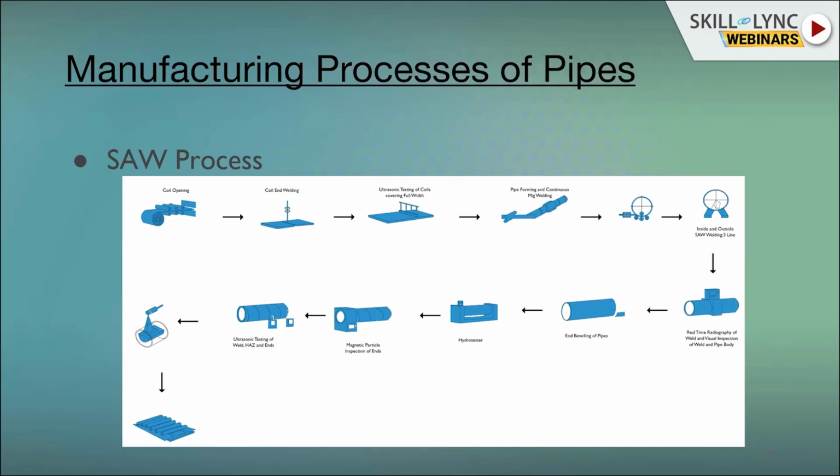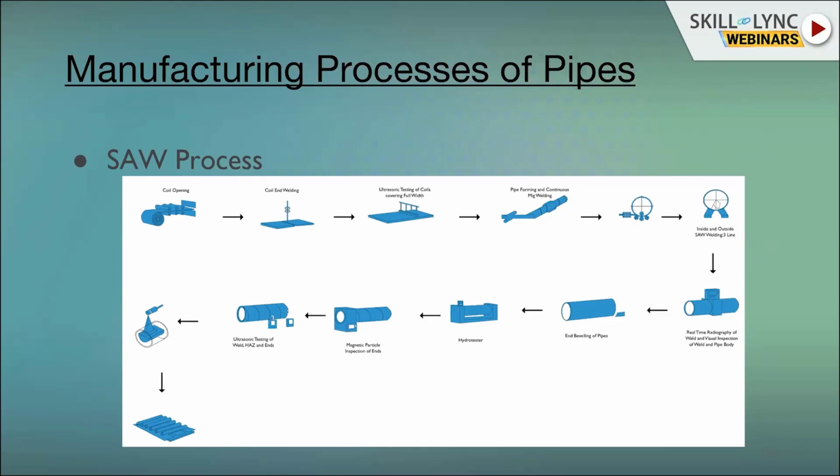For example, that comes into the online as well as offline part. In the online part, both inside dia and outside dia welding will be done simultaneously. In the offline part, ID, that is inside dia welding, will be done first. After that, outside dia welding will be done. Okay, so different kinds of mills are available in India also.